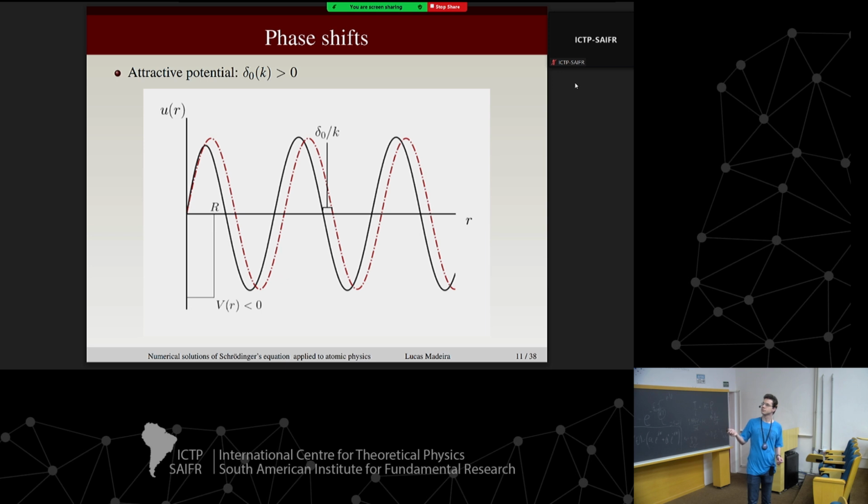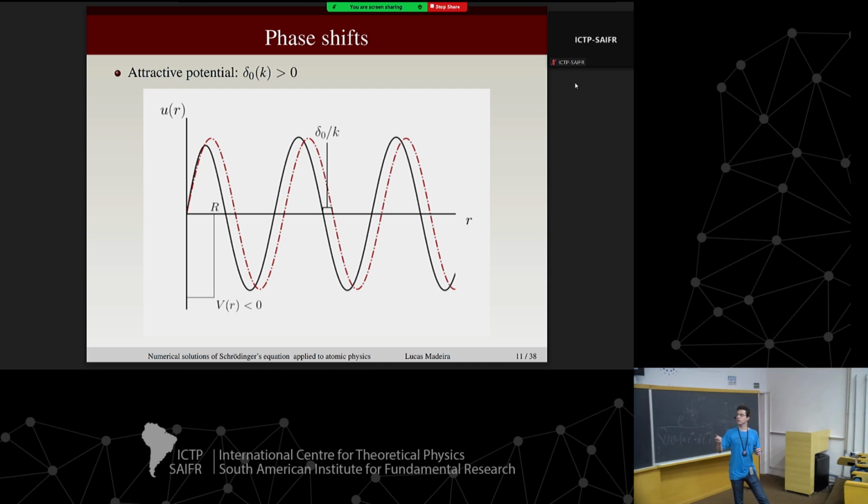Lucas, did you put the potential at that point there? Because I can see that the waves start at the same point. The dashed dotted and the solid line, they start at the same point, right? The boundary condition is the same for both, right? For both cases, you must have that this reduced wave function equals 0 at 0, okay?